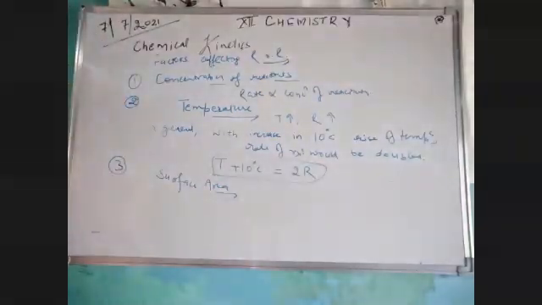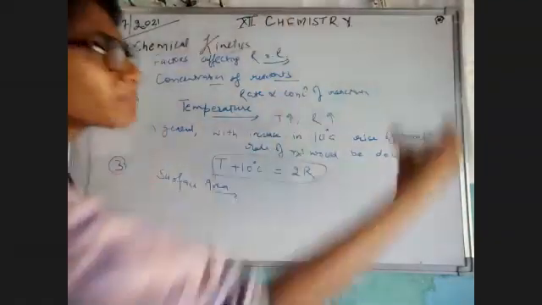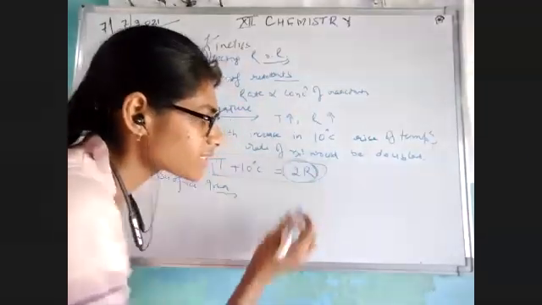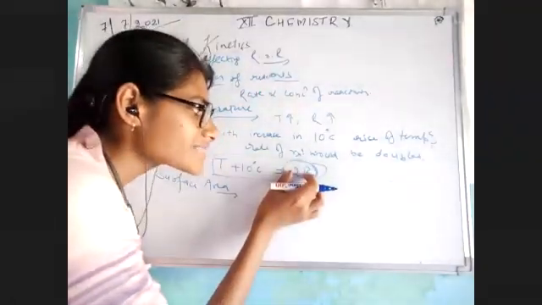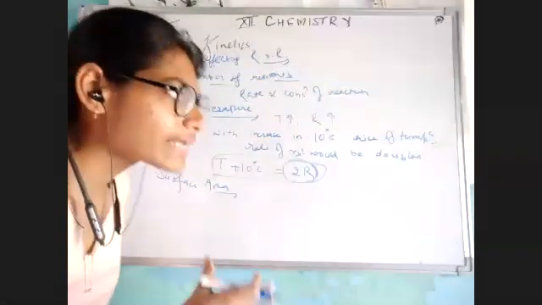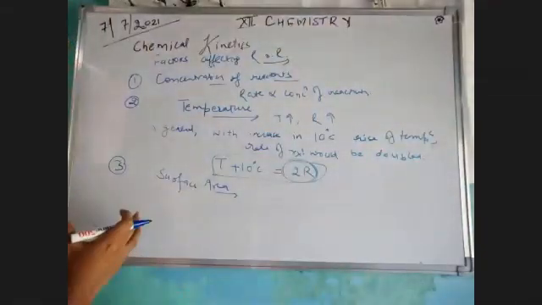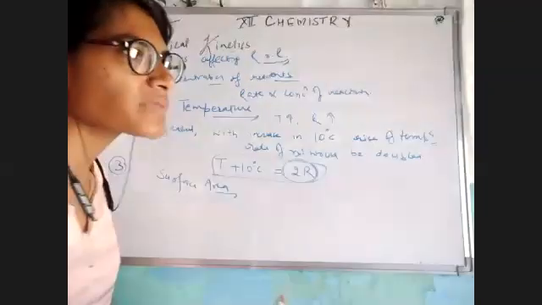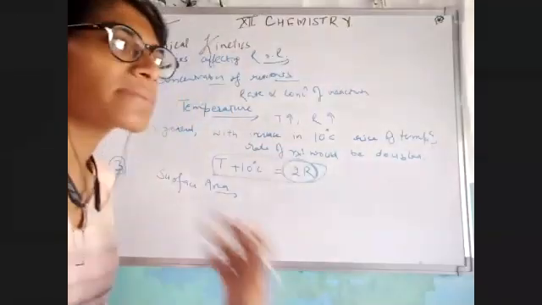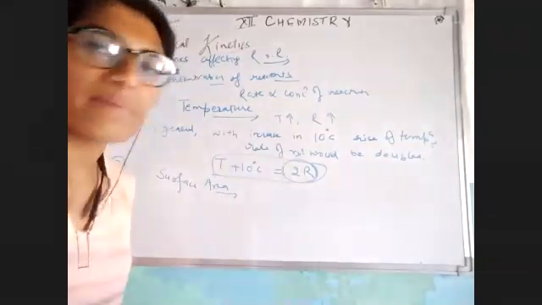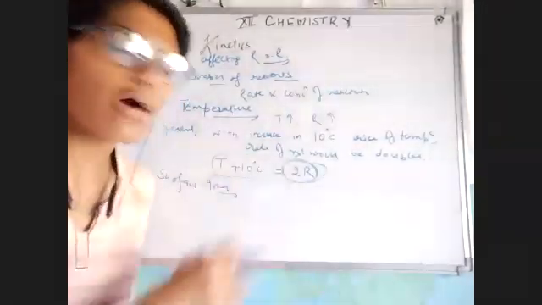But it is a simple thing. If I'm talking about this complete whiteboard, and if I'm talking about only this part where 2R is written, if my reactant is present over there, would the rate of reaction be faster? Definitely no. If I'm talking about the whole board, where the reactant is present, the sunlight is hitting them, the radiation is affecting them, the temperature is increasing. They have more space to spread out, they have more space to break down their bonds.